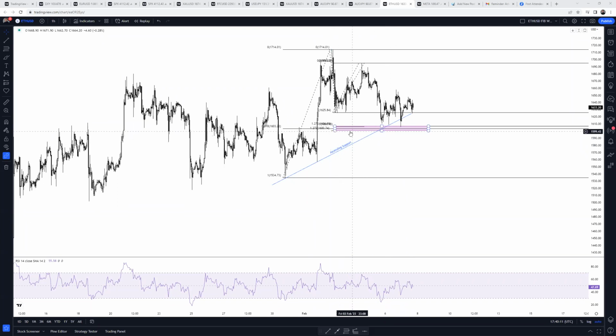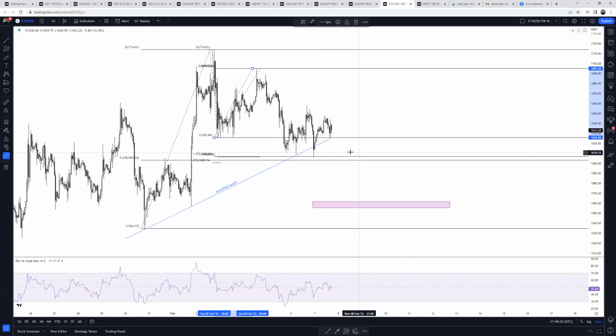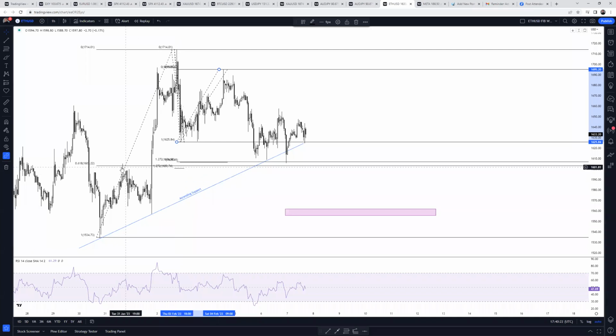As you can see, let's remove this, we have a number of levels. Now, I won't go into too much detail here, but this is quite advanced stuff. What we have here is a plain and simple 68.1% Fibonacci retracement drawn from leg A to leg B, quite simple, and that's here. All right, that comes across there. We also have a